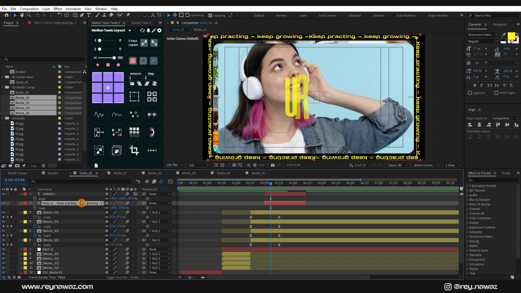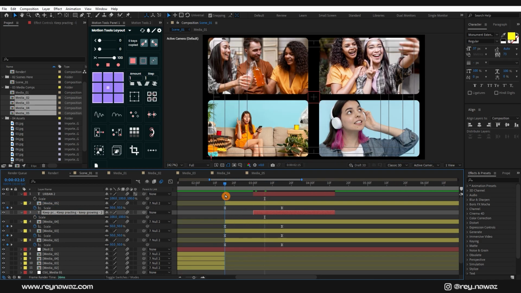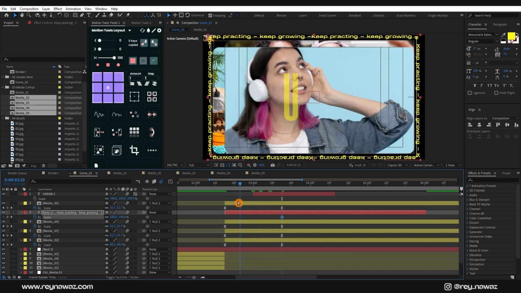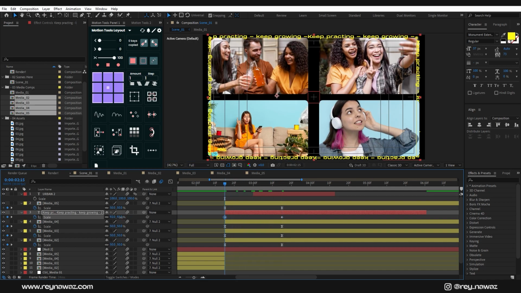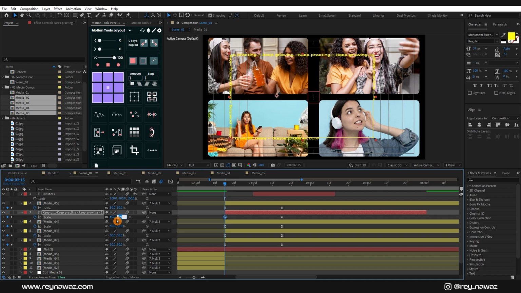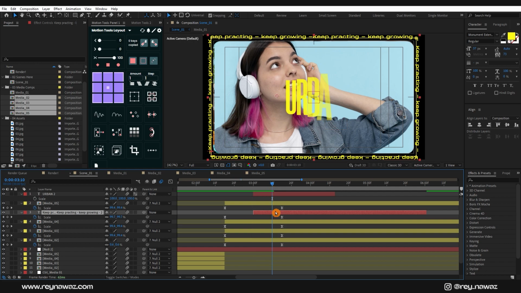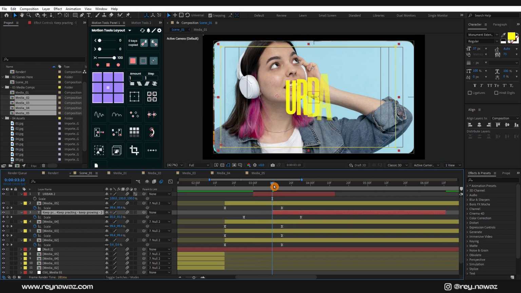Perfect. Now select this text and place it below this composition and go at here and drag it somewhere around here and go at 3 second and 15 frame and add a keyframe on scale property and go at 2 second and 15 frame and scale it down to somewhere around 70% like this. Perfect. Now select both the keyframes and make them easy ease like this, and go at 3 seconds and trim this layer right over here and go at 3 second and 10 frame and drag it somewhere around here, and